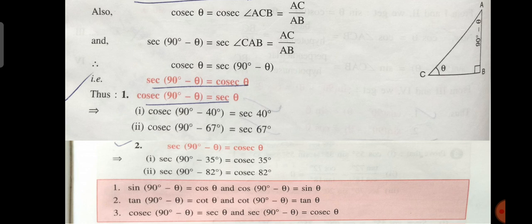So if you are given the angle, you can find the cot, sine, cos, everything, all complementary angles. Okay, so to summarize, it is given there. Sin 90 degree minus theta is cos theta, and cos 90 degree minus theta is sin theta. Tan 90 degree minus theta is cot theta, and cot 90 degree minus theta is tan theta. And also cosec 90 minus theta is sec theta, and sec 90 minus theta is cosec theta. So these are the main important complementary angles for trigonometrical ratios.